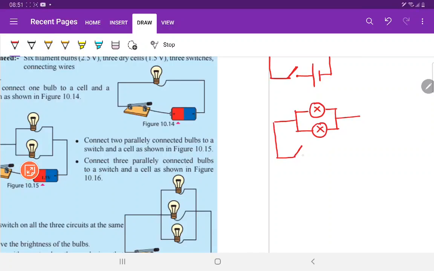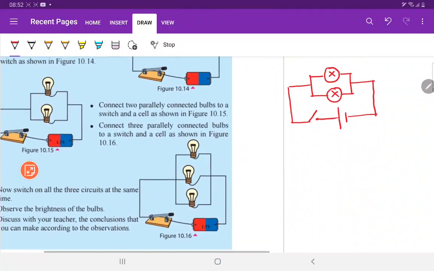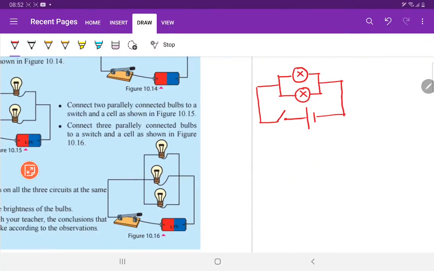Here you see a switch and one dry cell, and this will be the circuit of figure 10.15, and the circuit of figure 10.16 is like this: